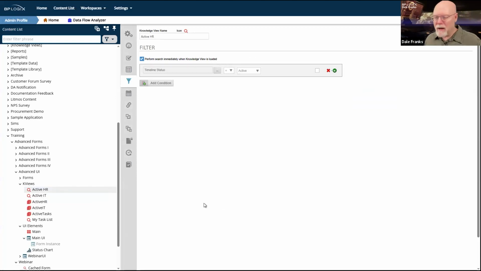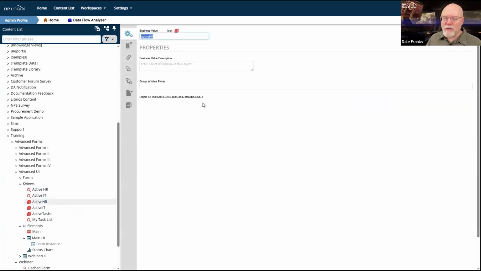Well, with me as a user, basically. Again, I only want to find active things. So all of these knowledge views have the active filter on them. And that way I know that no matter what knowledge view I'm looking at, I have an active filter.